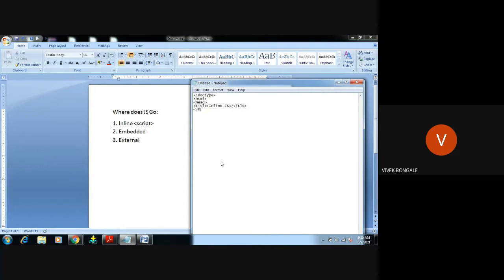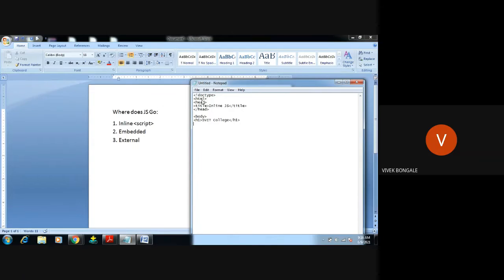Close the head. Then, as I said, this inline JavaScript we include in the body of the HTML code. I will take one header h1 and write SVIT.